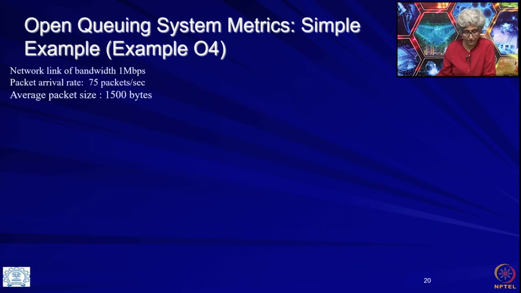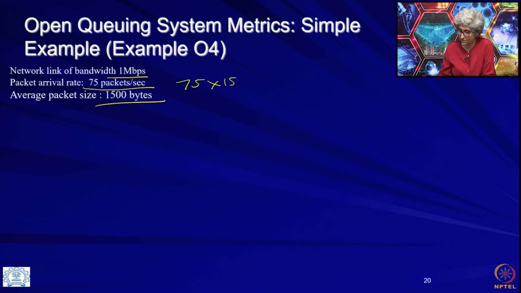Last example before we wrap up for today. So, let us consider a network link of bandwidth 1 megabits per second, and suppose to this network link packets are coming at 75 packets per second and average packet size is 1500 bytes. So, we have to do a little bit of calculation here to get all the units the same. First thing we have to calculate so many packets coming per second of this size, how many bits per second is that. Okay, so, that will be 75 multiplied by 1500,